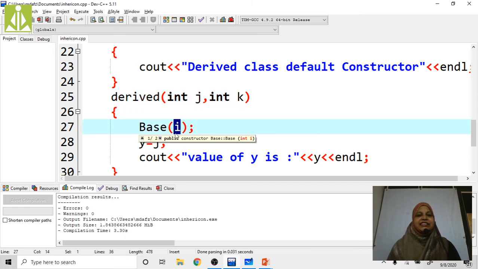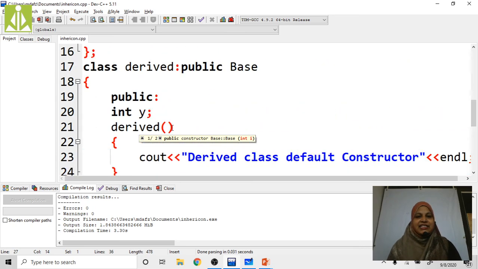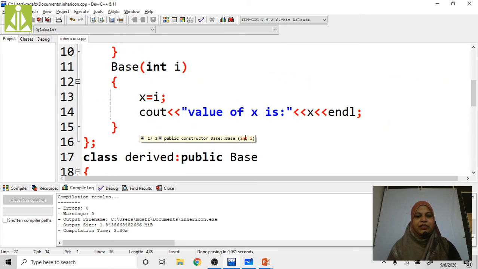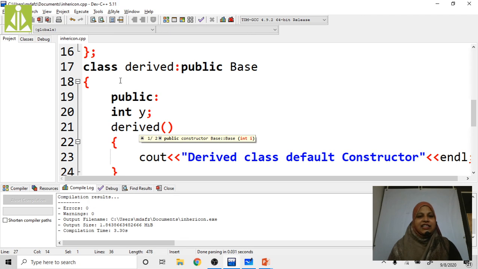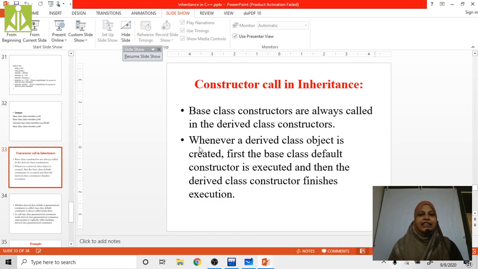That's the reason we are getting the base class constructor and base class constructor, the same value 2 times. Here derived d is there. Directly the base class default constructor is going to be invoked, then the derived class default constructor is going to be invoked. In this way we are going to call the constructors in inheritance.